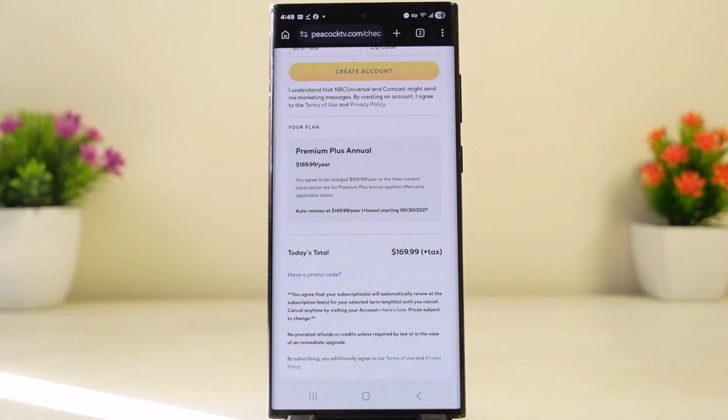Now, once you have paid the bill, you should be able to enjoy the Peacock Premium Plus ad-free without any